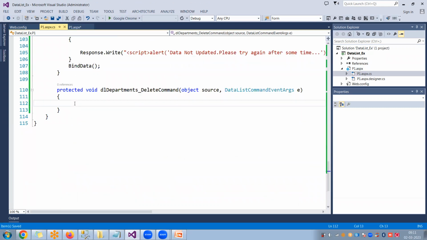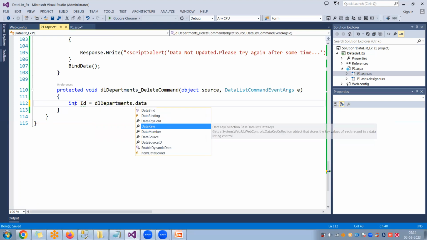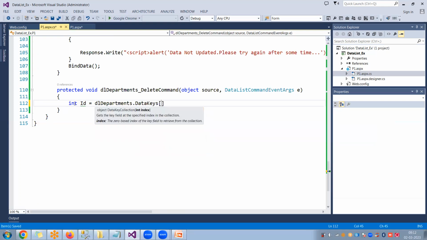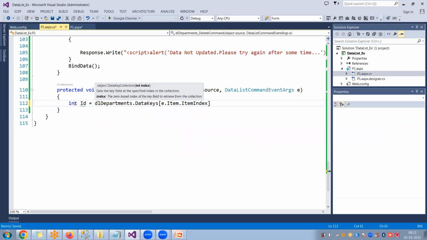Next, the delete command. In order to delete, if you identify the ID, you can delete your data very easily, right? You don't need any other data to delete your data. So now I would like to take int id is equal to, so how can you get that? Your control name, that is DL departments dot data keys. After that you can use e dot item, right? E dot item index. By using that, you will get this ID, and then